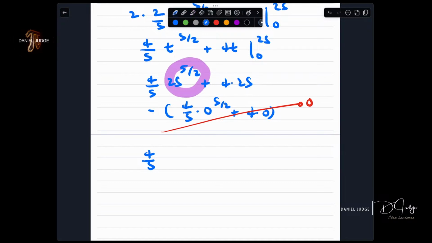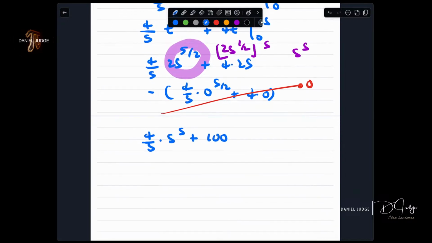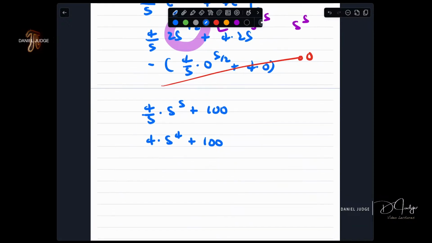This here is really 25 to the 1/2 raised to the fifth power, which is 5 to the fifth power. So 5 to the fifth power here. 4 times 25 is 100, and then that's minus 0. So this is 4 times 5 to the fourth power plus 100. Now, 5 to the fourth power here,